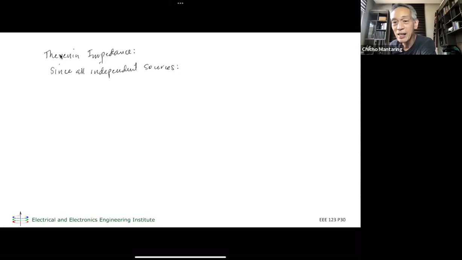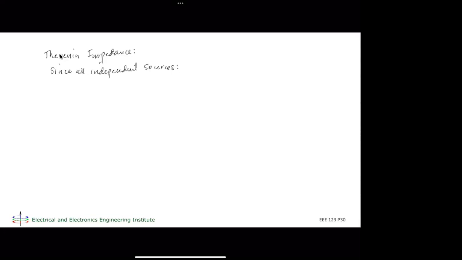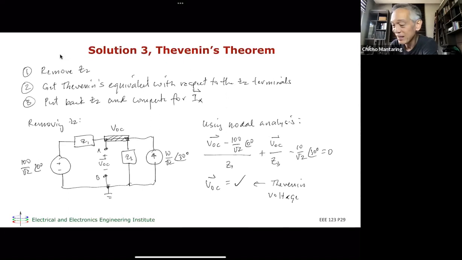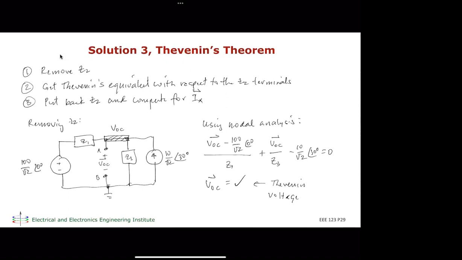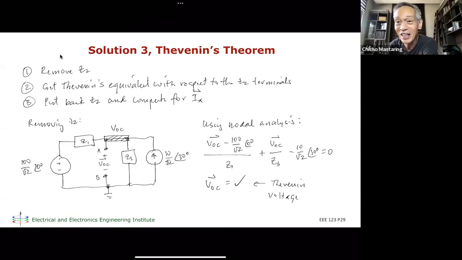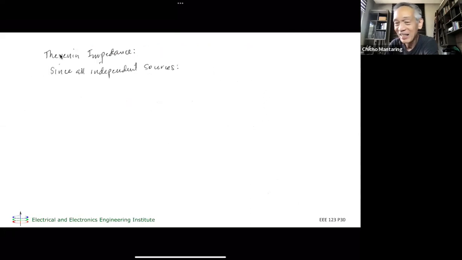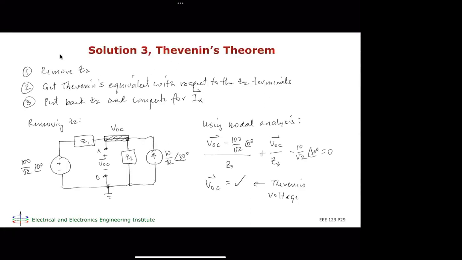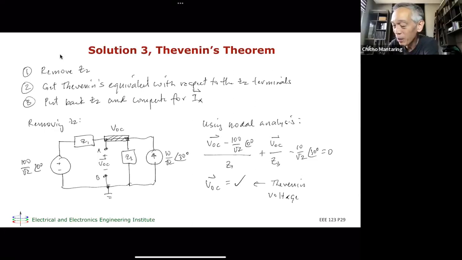Anyone? Zero out, po. Yeah, what do you zero out? The dependent sources, po. Yes, you zero out the independent, not the dependent. Independent. You zero out the independent sources, then what will you do? Simplify the impedance, po. Yes, that's right. So you zero out the independent sources, then you simplify the impedance with respect to A